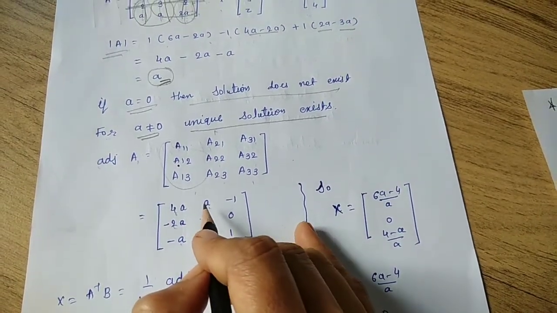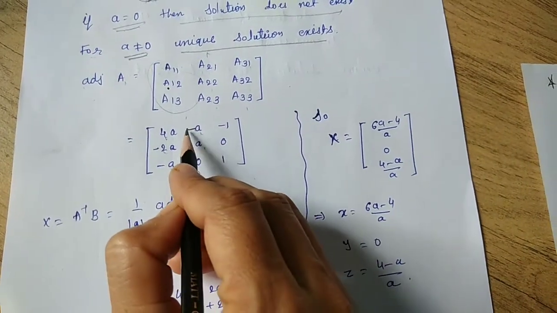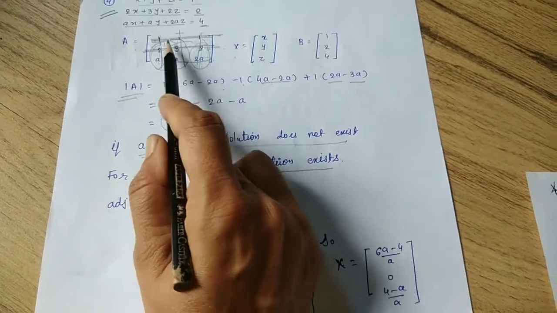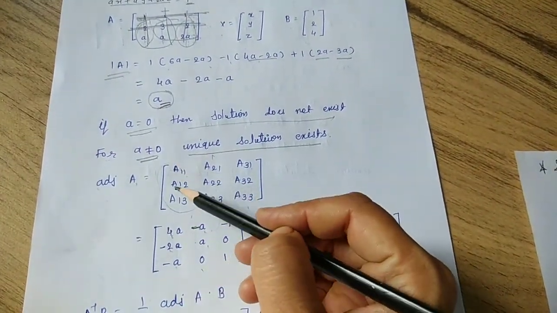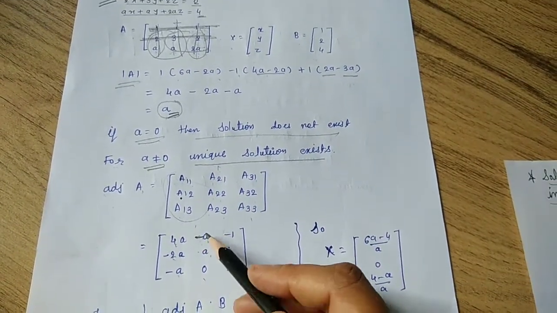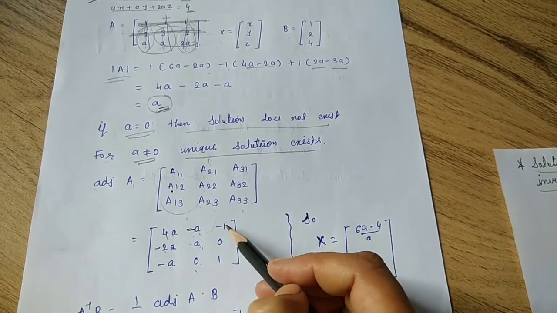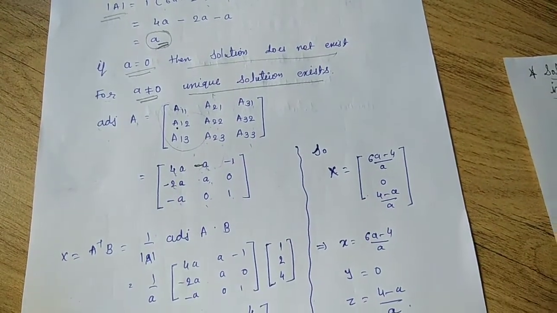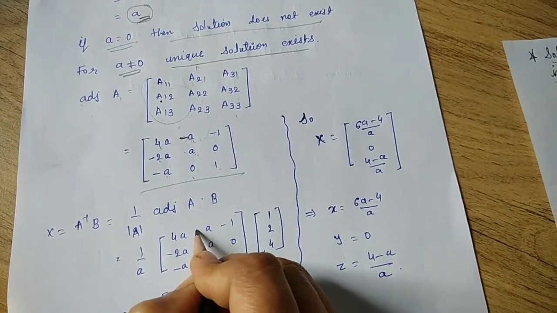So here, sorry students, so change the sign. So here it will be minus a. a21 हम जब वापस से देख लेते हैं. a21 is here 2a minus a, that is a, and when we change the sign तो plus minus plus minus plus minus, so यहाँ पे plus ही आ रहा है, we are putting there minus, so minus a plus 0 पे no issue, then plus minus and plus. So this is our adjoint of A.